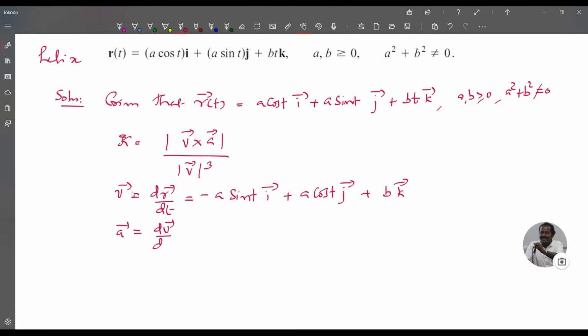So this is equal to minus a cos t i minus a sin t j plus 0 k,